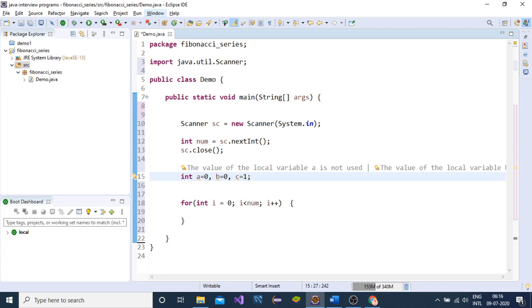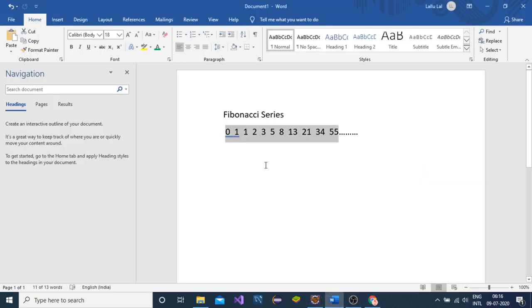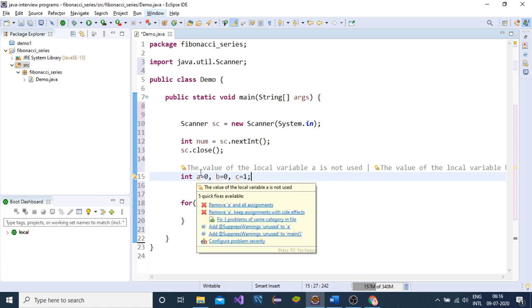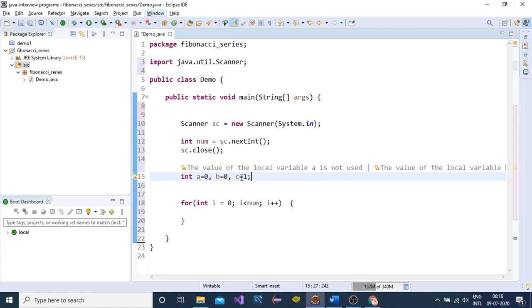So the initial two numbers are 0 and 1, and all the next numbers in the series are the sum of their previous two numbers. So what we will do is assign the value of b inside a and the value of c inside b, and at the end we will add the value of a and b and assign it inside c.